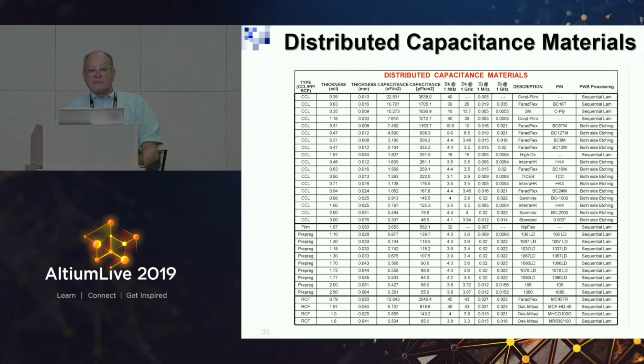And so a lot of people tell you there are 7 buried capacitance materials. Well, they're only telling you part of the truth. There are 7 expensive buried capacitance materials. There are 37 distributed capacitance materials. So one of the problems is that nobody will tell you the truth about materials. They'll only tell you about the expensive materials that they make a lot of money on. They won't tell you about the cheap materials that work just as well. And so what I recommend in power and ground is the